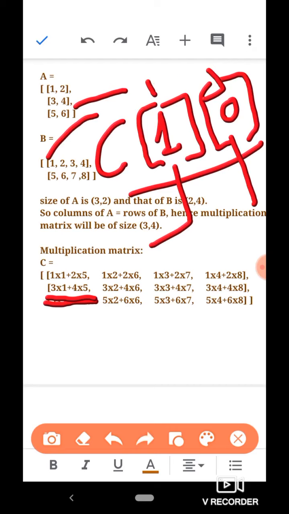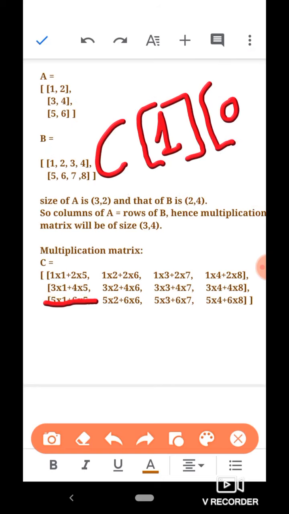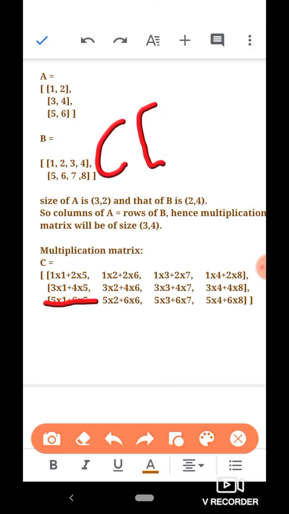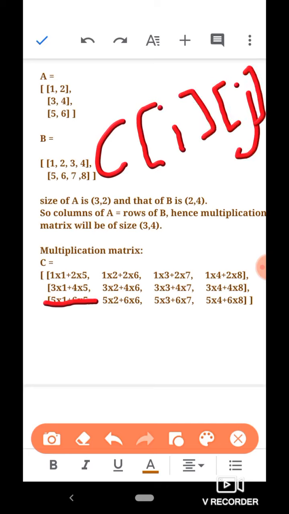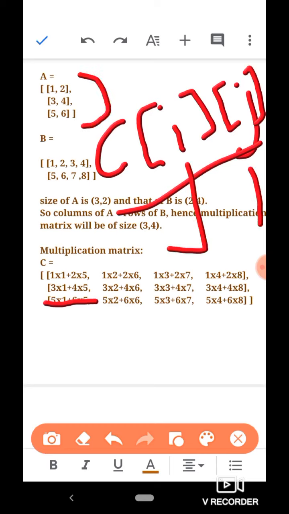In general, if you say at row I and column j of matrix C, how do you obtain that item? You have to select the row at index I in matrix A and the column at index j of matrix B, and then multiply and add the items in that row and that column. You must remember that procedure.